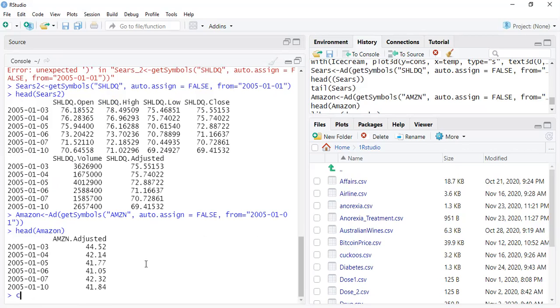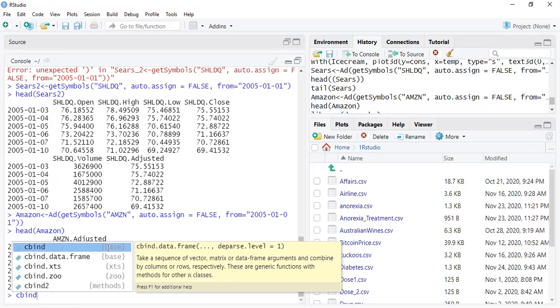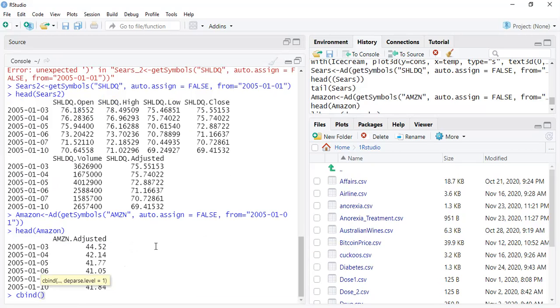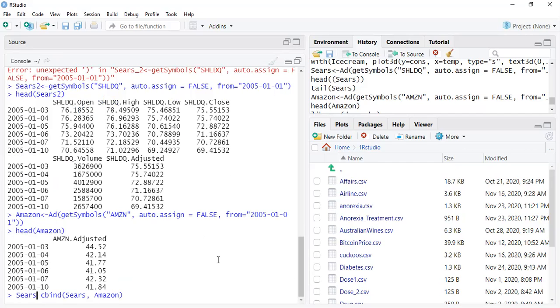So I'm going to cbind both of these, putting these together. It's a base function, as you can see right there. And I'm just going to put Sears again. Wait, no, not Sears, Sears 2. And Amazon. Again, all you got to do is put those 3 and cbind them. But I have to call them something. So I'll call it Sears. I'm just taking the name. And then